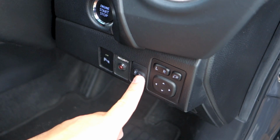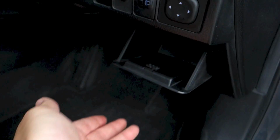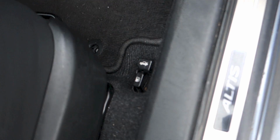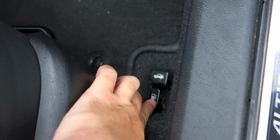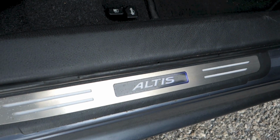Parking sensors, headlight level adjustment, mirror controls, storage, pull the receiver to pop open the boot lid, and pull the receiver to pop open the fuel door. Altis door sills,